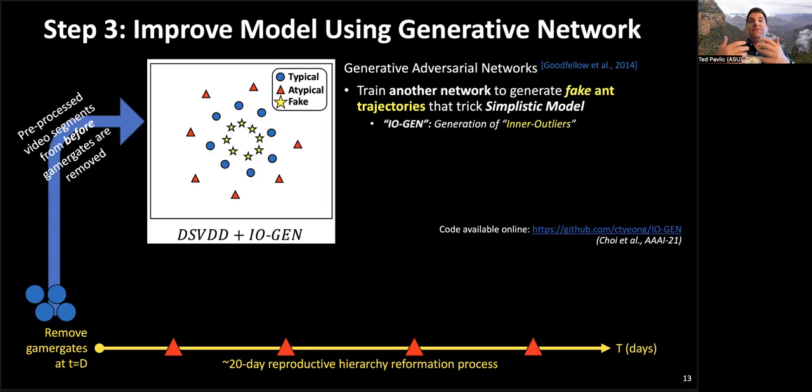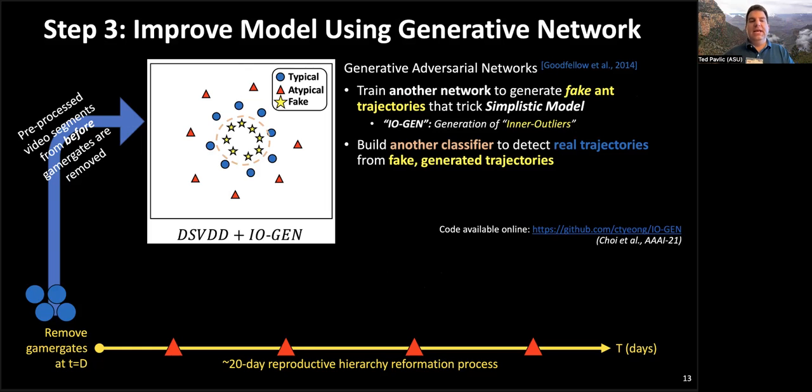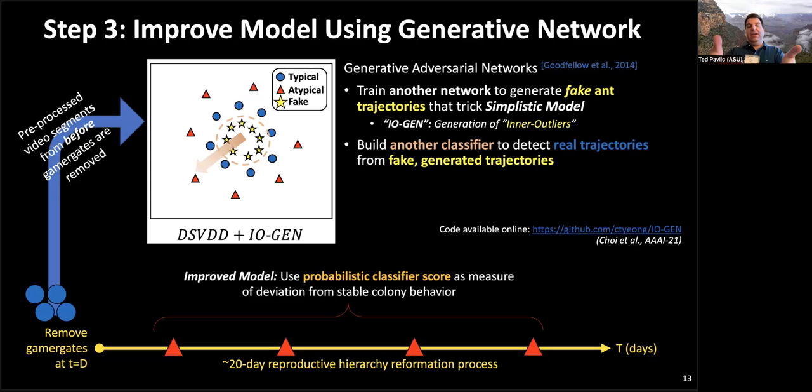So we can actually generate fake motion patterns that are similar enough to real motion patterns that they can fake our initial classifier, but clearly different because they were generated synthetically. And then we can build another classifier that can tell the difference between our fake trajectories and our real trajectories. And that classifier, when you feed it transient trajectories, can even better tell the difference between those transient trajectories, the real trajectories, and the fake trajectories. So in other words, it's able to give you a stability score for any of these 20-second video